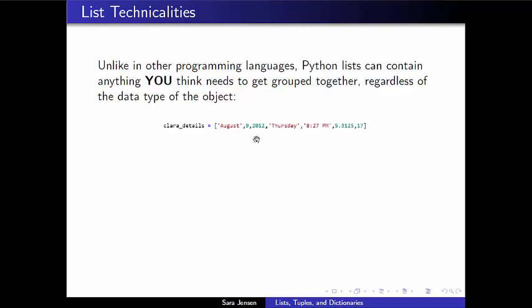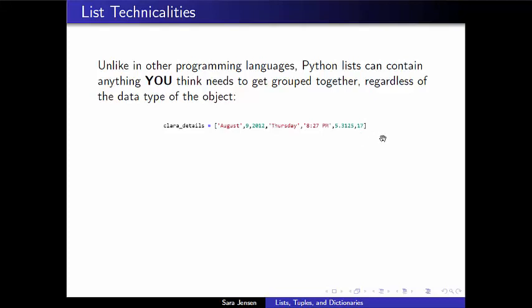Some programming languages would find the list of objects that I have right here as entirely unnatural because I have a mix of different data types in here. My first element is a string, my next two elements are integers, then I have some more strings, then I have some floating point values, and another integer. Some other programming languages would not allow this because of the mixed data types in my list,